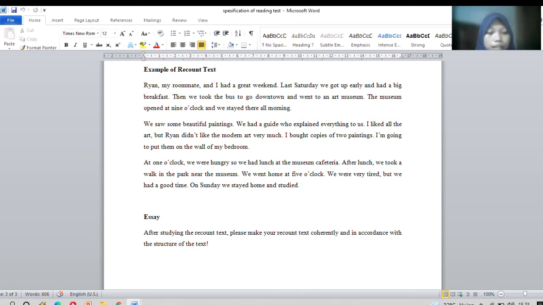This is a test that students have to do. The form is easy. So the test is after studying the recount text, please make students write recount text coherently and in accordance with the structure of the text. And this is the specification for writing skills. And then for the next specification